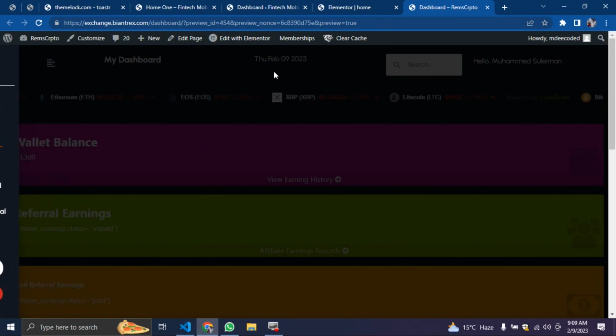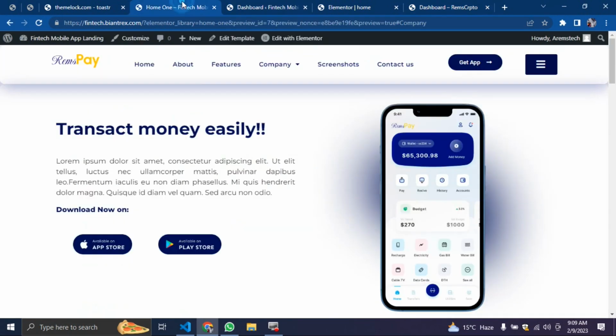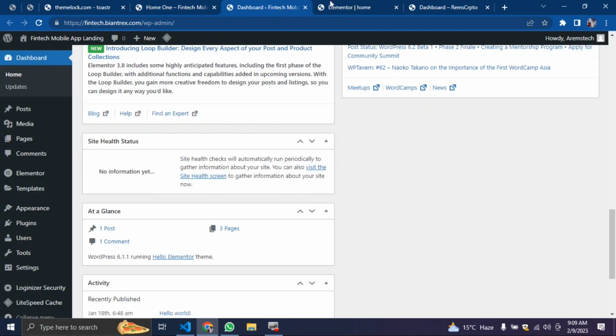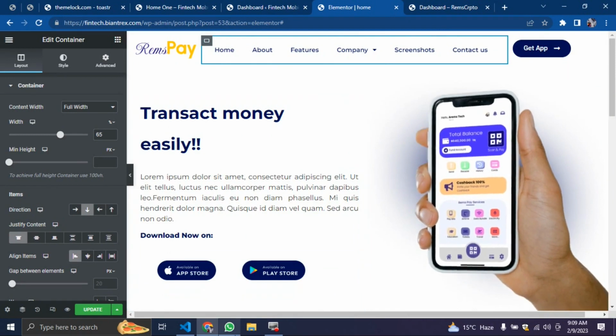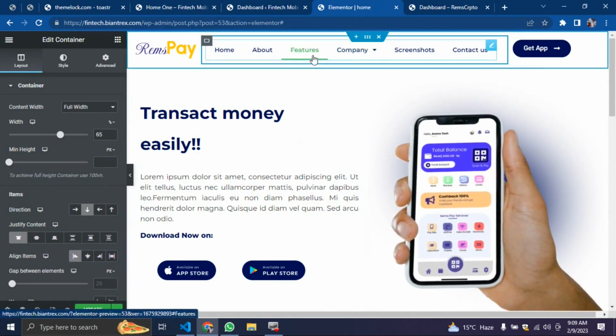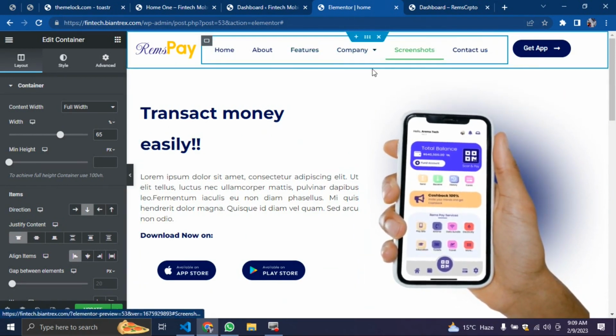In order for you to achieve this, the first thing you have to do is make sure you have your design already. So I have this rough sketch. This is the main design that I've done, and I have this rough sketch over here in Elementor that does not have this particular slide out menu. It only has the normal navigation menu. So what we're going to do right now